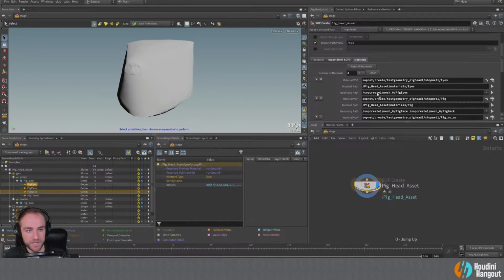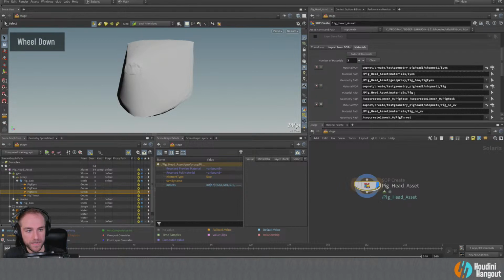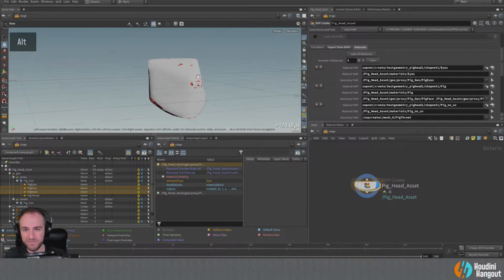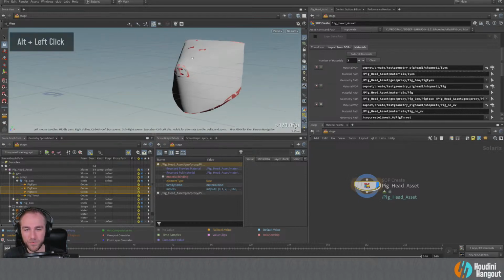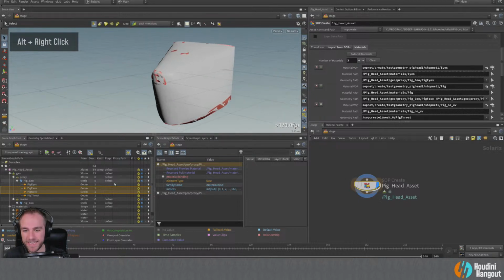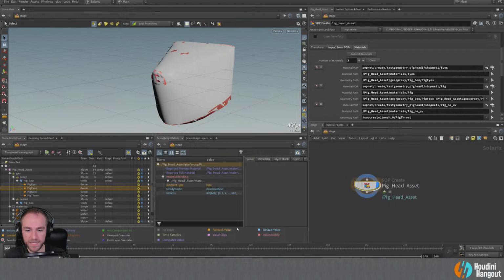So let's just do this here real quick. Like that. And the pig maybe be face and neck. There we go. We have this sim proxy geometry over top of it, so we can't really see that exactly. But anyways, when you look at this material binding here, you can see that that's a relationship.